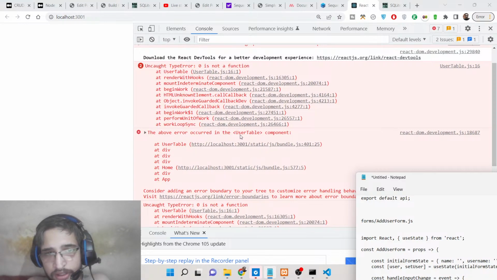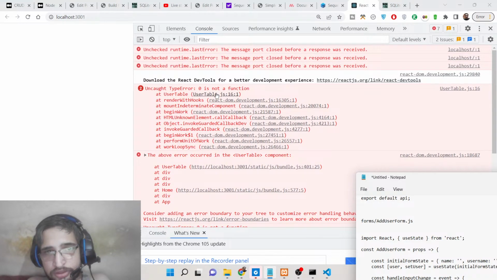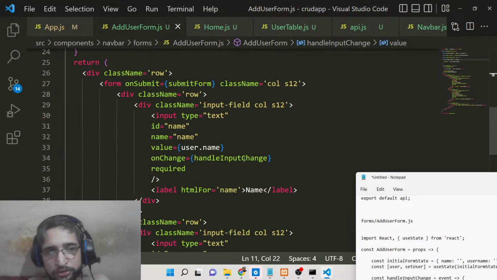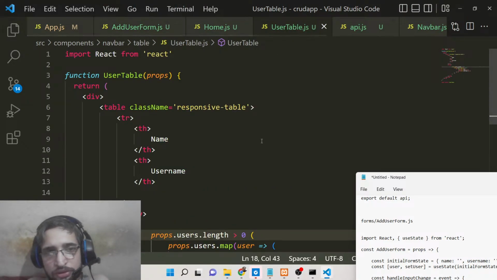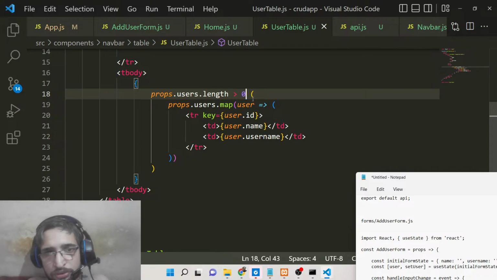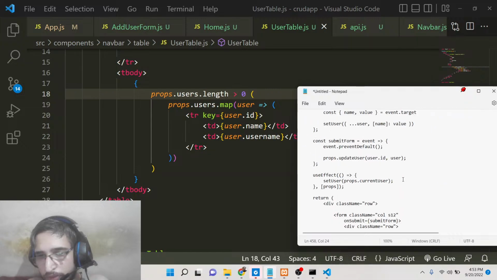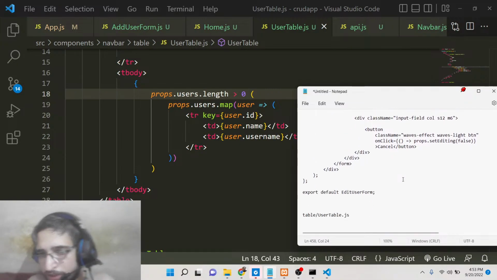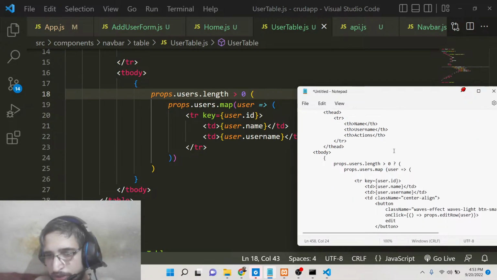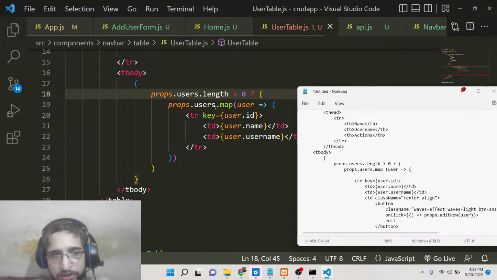The above error occurred in the user table component. Type 0 is not a function. If you see here, so basically it's a ternary operator, guys. So basically that is why the error has been taking place. So put a question mark, and here